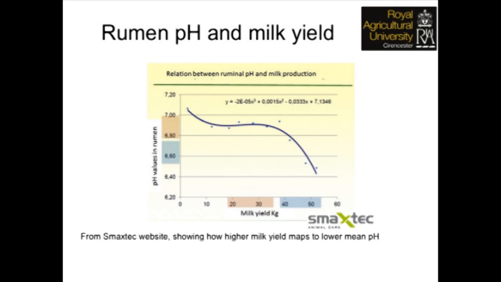Now, subacute rumen acidosis is not necessarily the acidosis that a vet would be called to. This is the acidosis that we can't see, where the cow's rumen is routinely quite acidic, where the bacteria don't perform to their maximum, and also the cow's main ventral sac can develop ulcerations due to the very low pH,